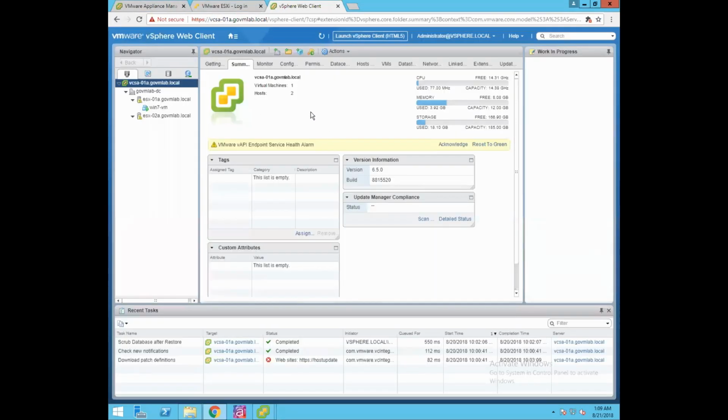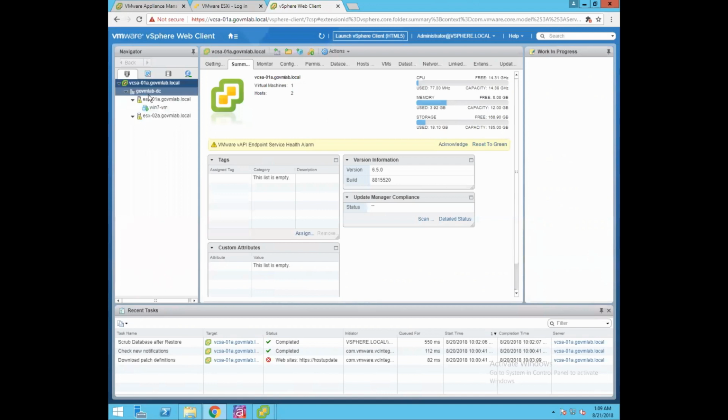Now as you could see, we are successfully logged into our vCenter server. It has the same system name, vcsa-01a.govmlab.local. So the restore operation has completed successfully, and now you could also see it has also restored our inventory information as well.